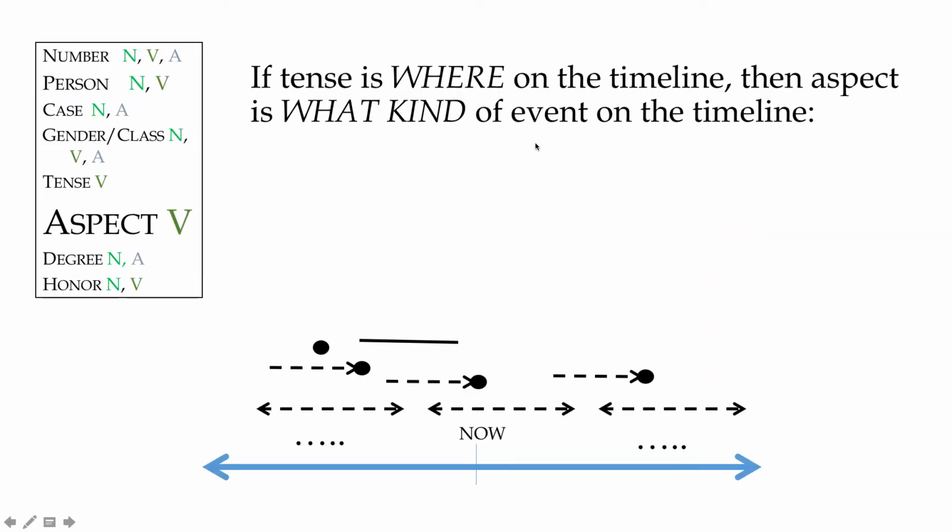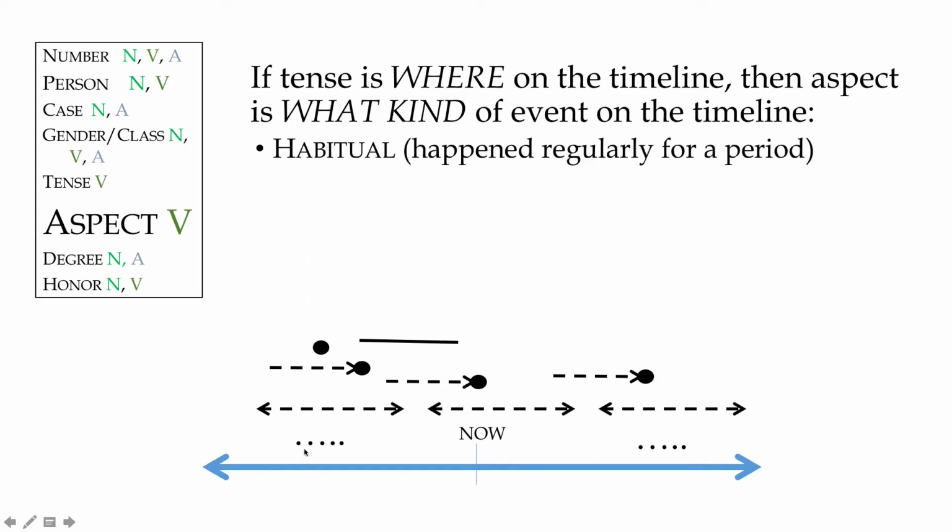If tense is where something occurred on the timeline, then aspect would be what kind of event it is on that timeline. So we can see that there's different sort of shapes of events. Some of them have no clear beginning point or no clear end point. Some, there's no beginning mark, but there's a definite end point. Some are like little instances, repeated instances of a momentary event. I could have a singular event that happened, blap, or an event that existed for a while. It doesn't really matter where on this timeline they fall. It's the shape of the event, if I were to try to map it out, that is the aspect.